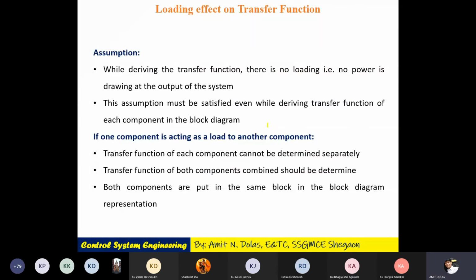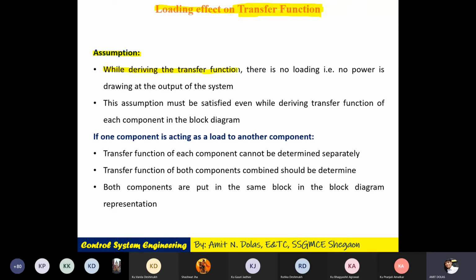What we did till now, we had one system, and we took the transfer function of output upon input, the Laplace transform of output upon Laplace transform of input. Any questions? OK, the Laplace transform of output and the Laplace transform of input, that is nothing but the transfer function. But whether it is applicable everywhere, of course no. We have to think of the loading effect on the transfer function. In every system, output Laplace transform upon input Laplace transform is not the correct transfer function. We'll see an example if theory is not sufficient to understand.